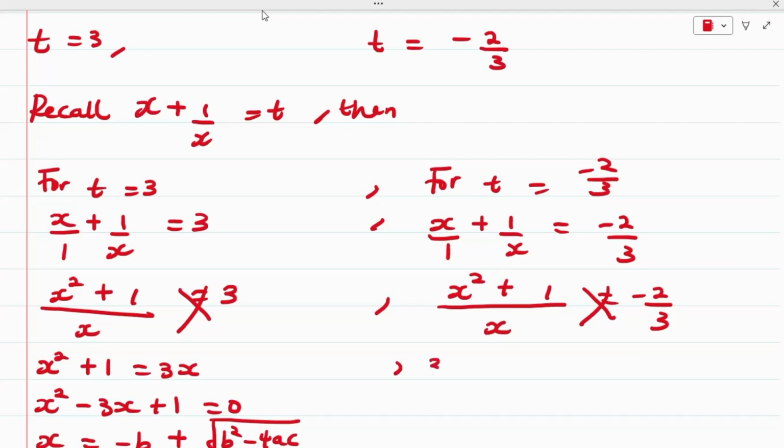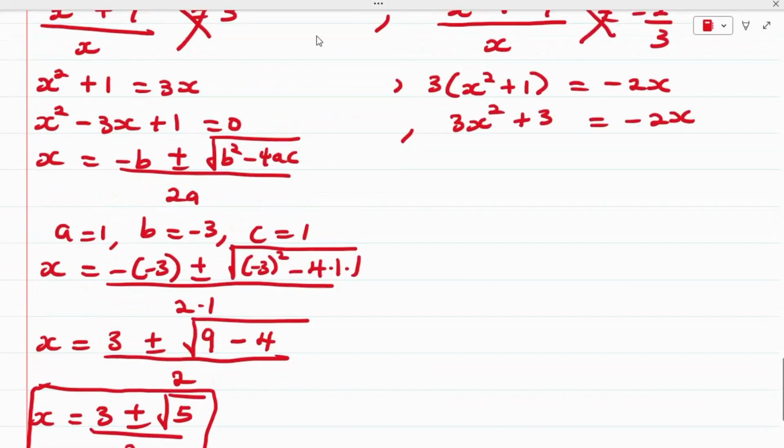So we have that 3 multiplied by x squared plus 1 is equal to minus 2x. So we have 3 multiplied by x squared is 3x squared, plus 3 multiplied by 1 is 3, and this is equal to minus 2x. So from here we want to simply rearrange and set to 0. So we have 3x squared plus 2x plus 3, and this is equal to 0. So we want to solve this by making use of the quadratic equation that says x is equal to